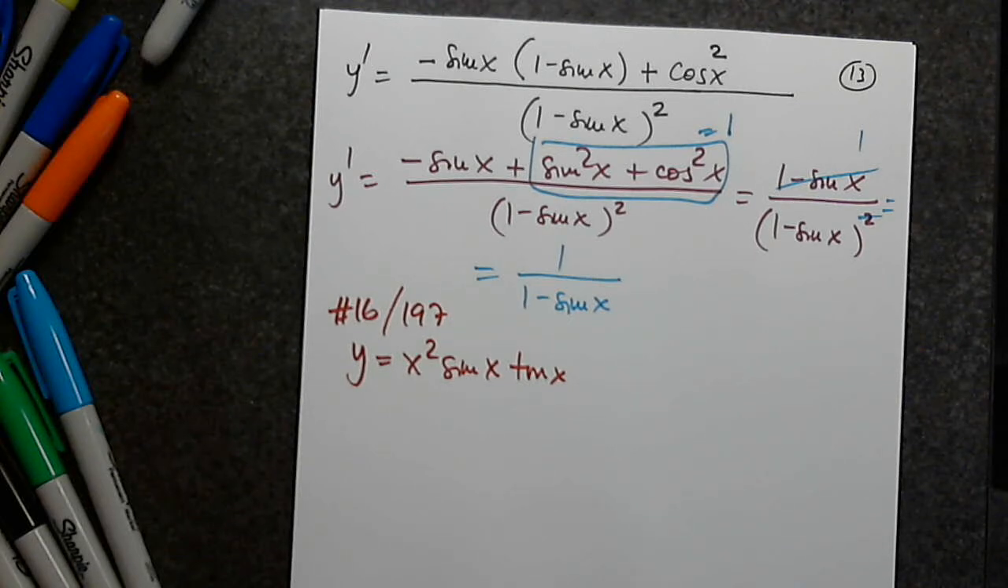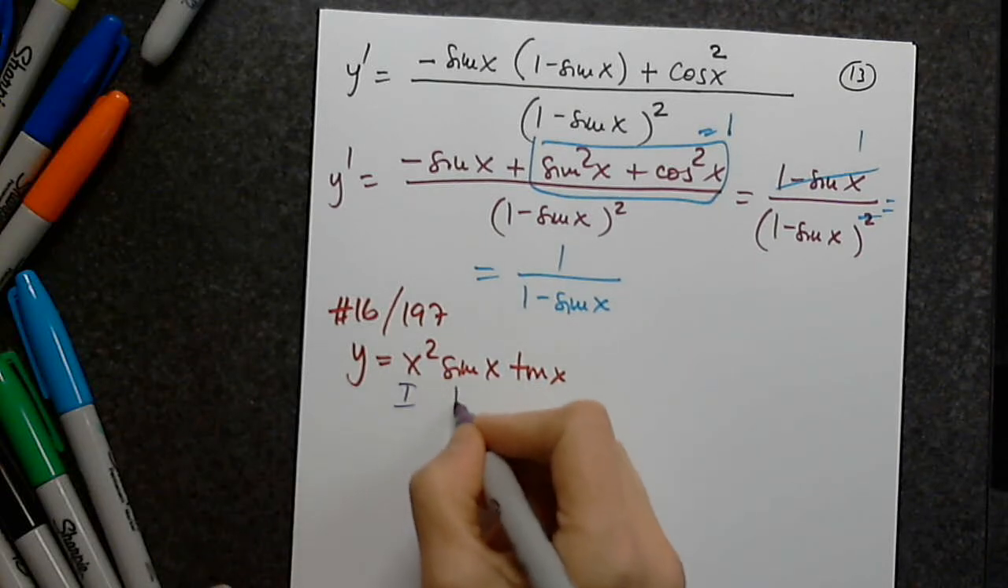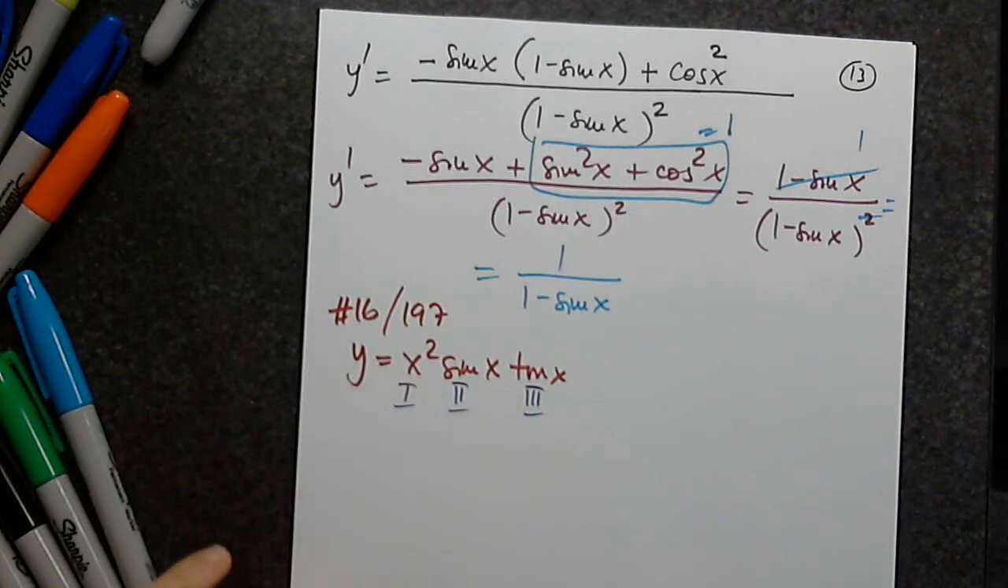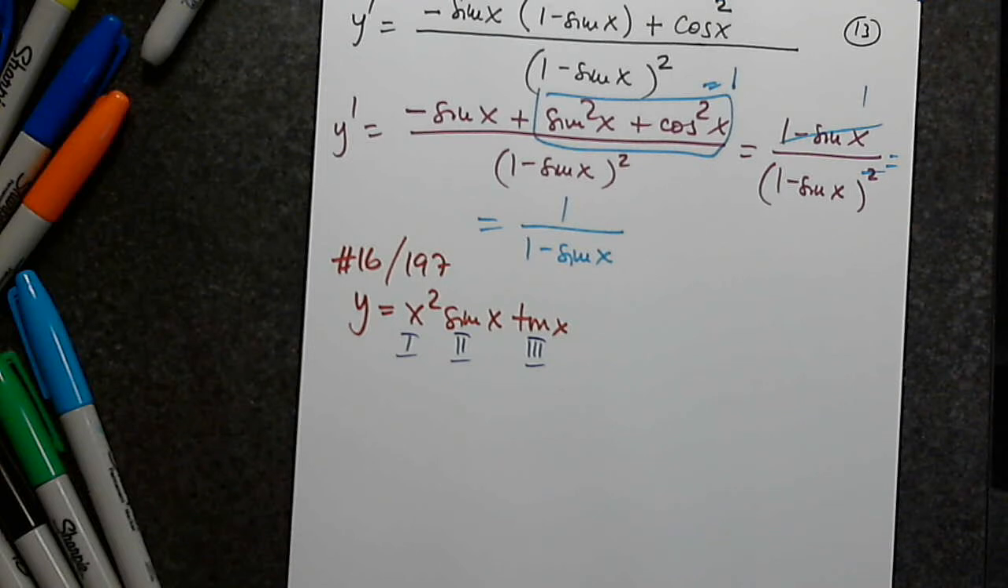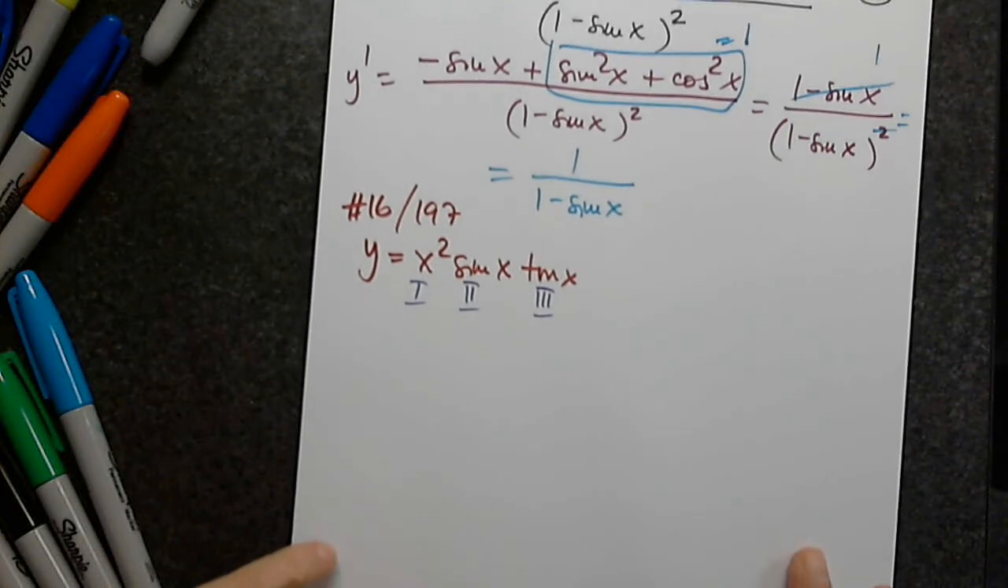Here's a slightly more sophisticated problem. Can anyone tell us why this is a little bit more sophisticated? Exactly. Because of 3 functions. So this is function 1, this is function 2, and this is function 3. So there is a rule for this. But I don't really want to go and ask you to memorize another rule. So what we're going to do is,